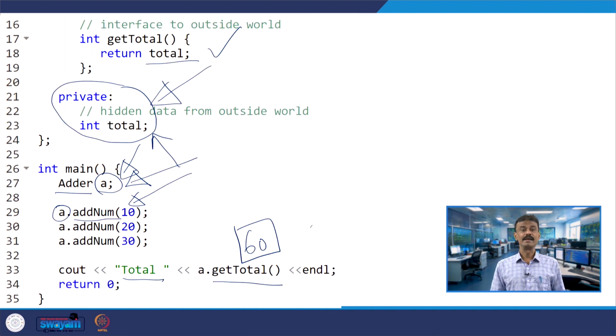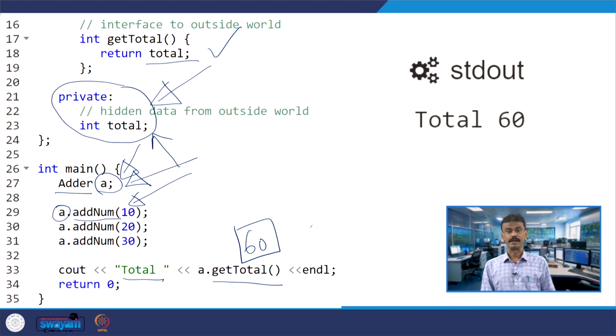And finally, when you are printing A dot get total, again it returns total. If you look at line number 17, the get total function is called by A and it is returning total. So, when you are running the code, you are getting the output.